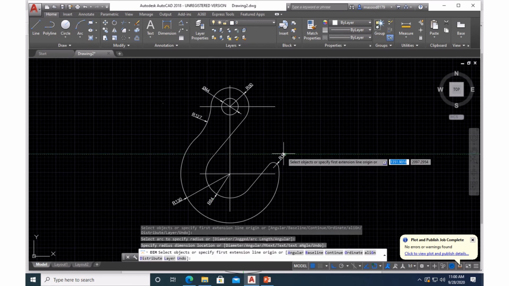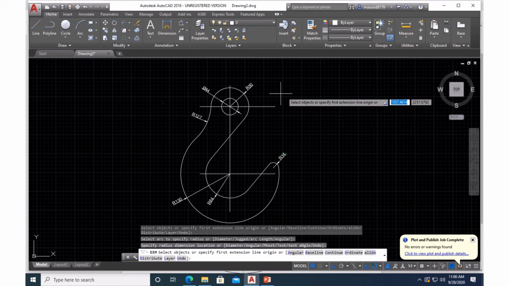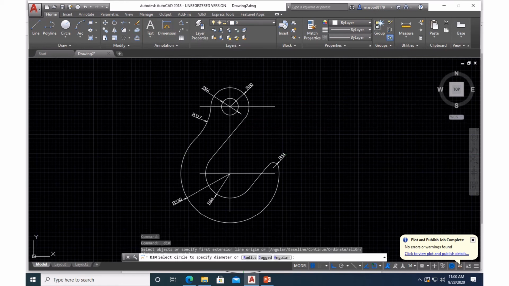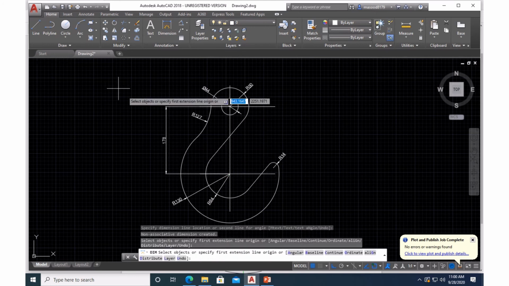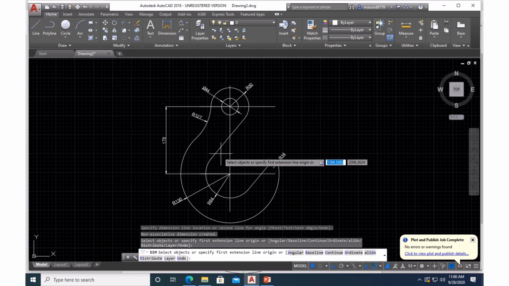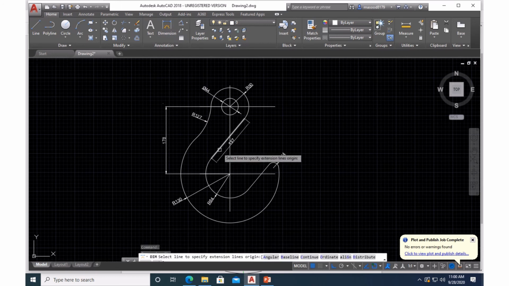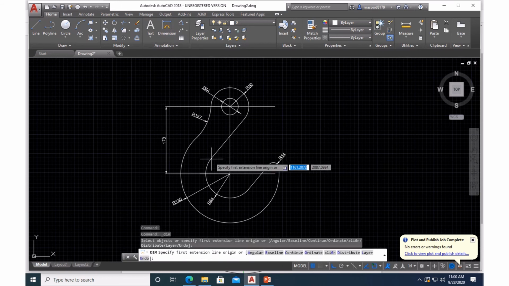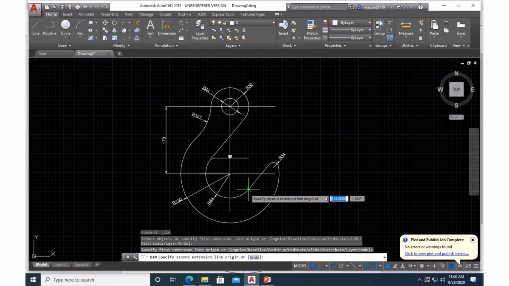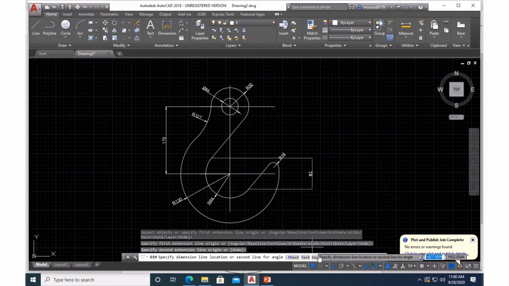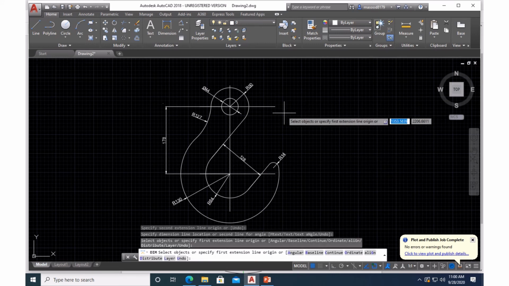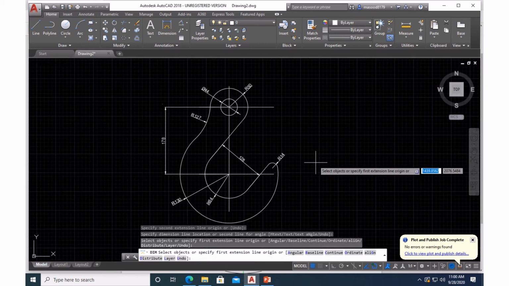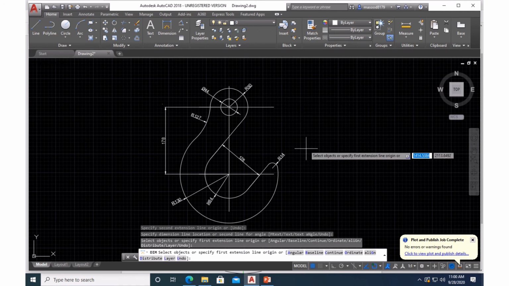What else is left now? Now I am left with this one, the height. From which point? From this point to this intersection. This is how much? This is 178, and one more dimension. This is offset dimension. Okay, now between this point and, sorry, let me remove this ortho now. See here, 128. Okay, so with this, what did you do now? You drew the complete crane hook.